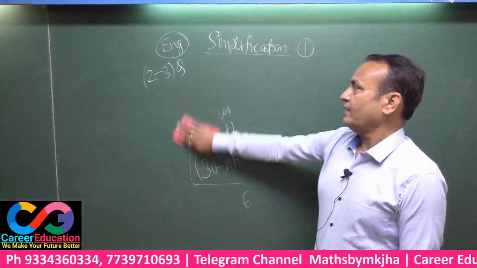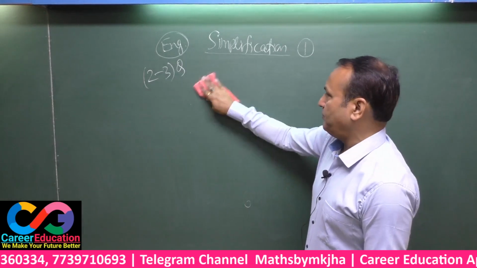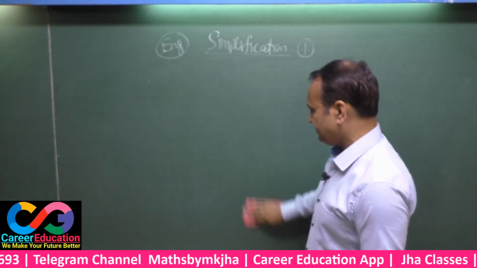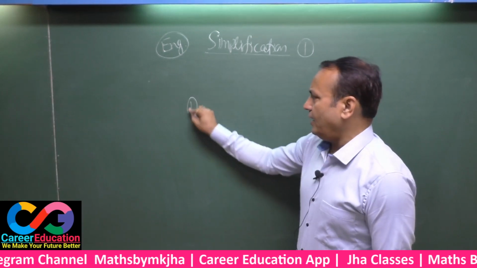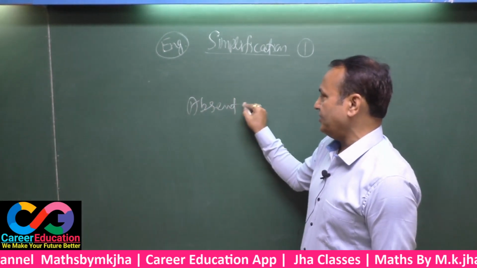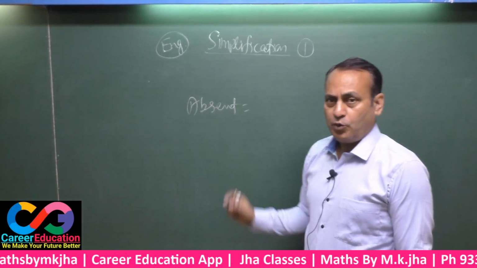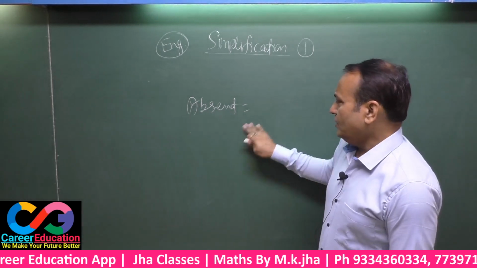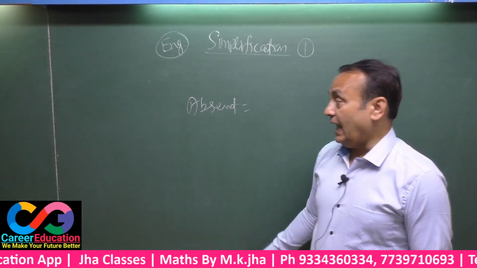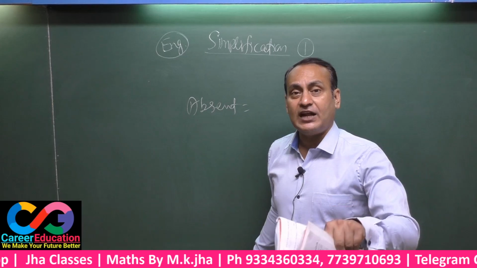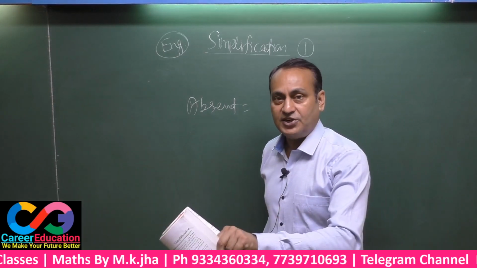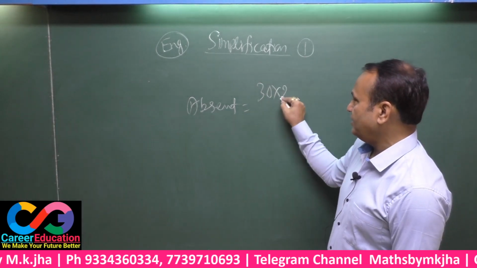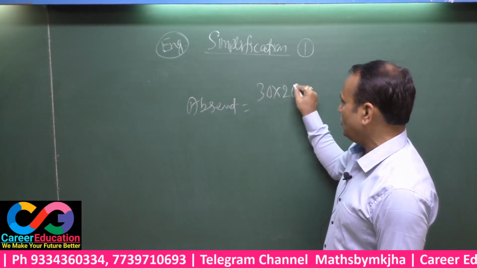Now again, through a tricky approach, you have to solve this question. See here, how many days he remained absent is to be pointed out. For this we have to remember the steps for the tricky approach. See here. You have to suppose, had he been present each and every day, that means for 30 days, certainly his payment must be 30 into 200.